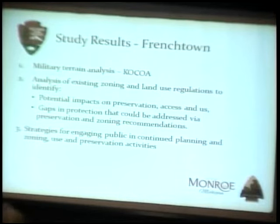The third portion of the study suggests strategies that we might use to educate, engage, and inform the public in these efforts and essentially make them a part of the entire process of coming up with a cooperative management agreement structure. So,